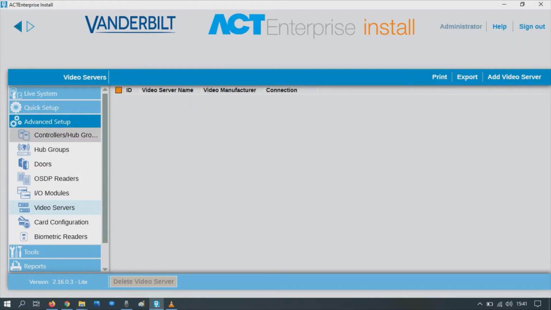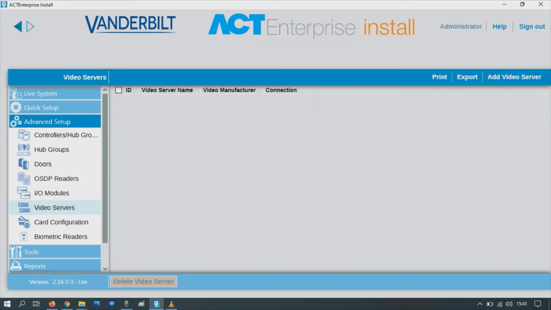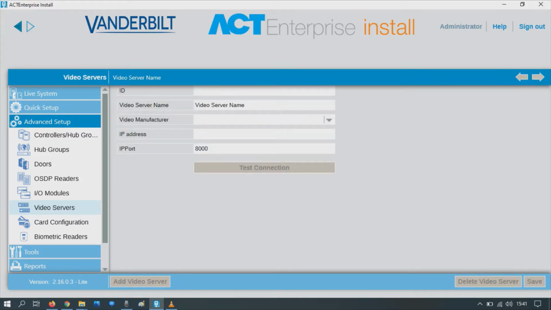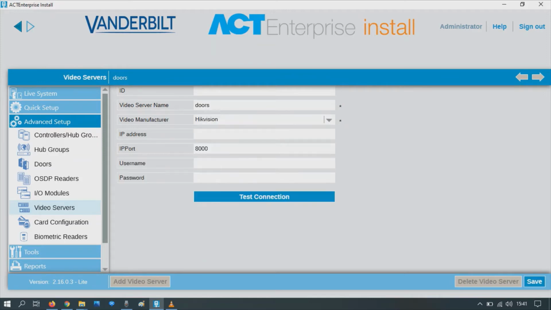Next, we need to add a video server. Top right, add video server. Give it a name if you like. We'll leave it as standard, it's up to you. Let's call this one Door. The video manufacturer is Hikvision. Then we need to input the IP address of the MVR.